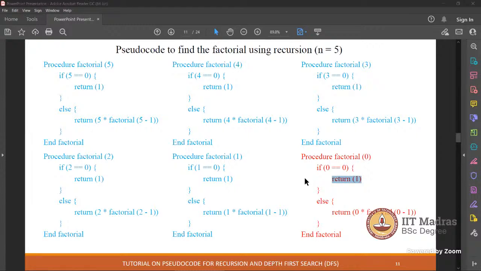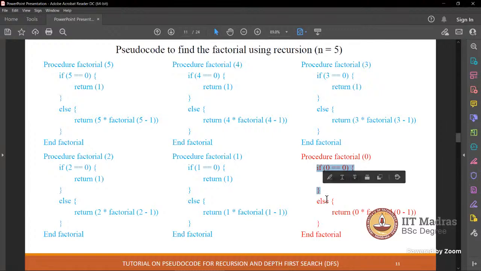Otherwise, it will be an infinite thing. You call the procedure, it calls again, and again. It will become a never-ending thing, right? So we write the base condition in the first if only. Yes, the first thing you should write in a recursive procedure is a base condition. If you switch this, if you write this one first and your base condition in the else part, your program will never terminate. So the base condition comes first all the time.